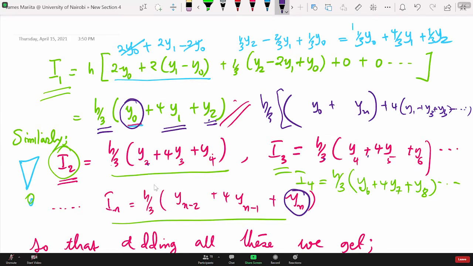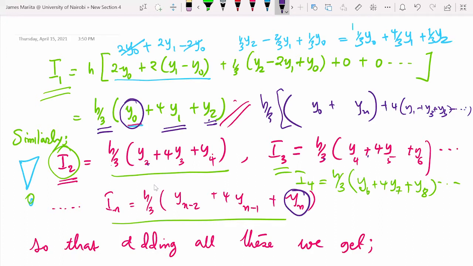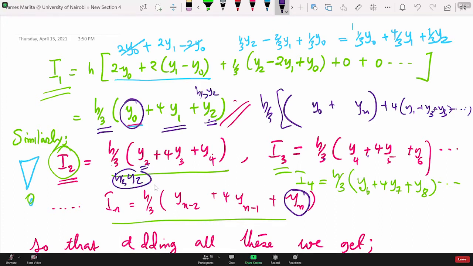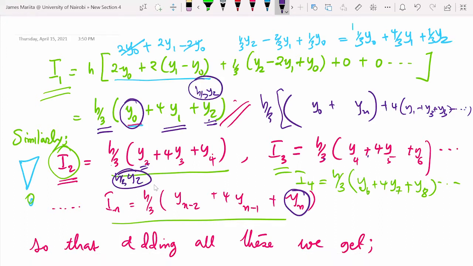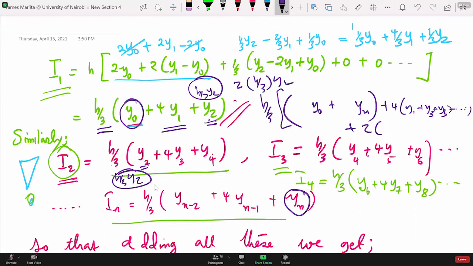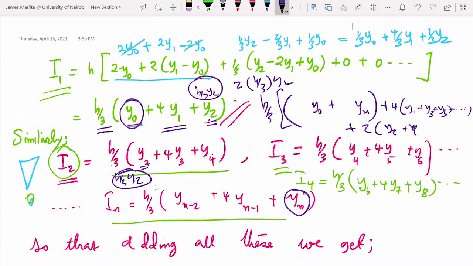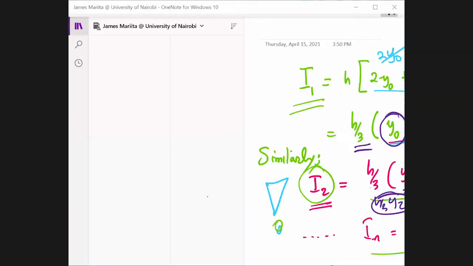So for the y2, here we have h over 3 y2. Then there is another h over 3 y2 here. So this and that will be twice h over 3 y2. That is why we have plus twice y2, and then plus y4 plus, and so on. And that is what we have here,